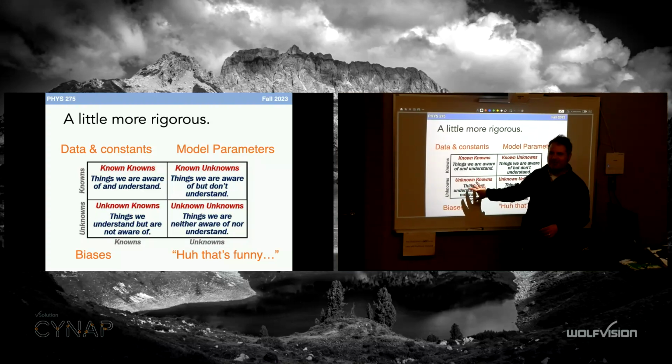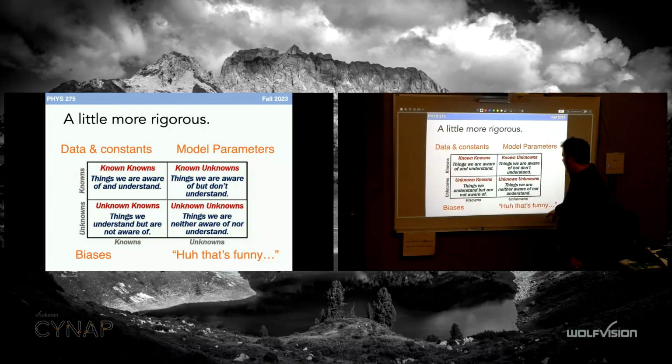This is how I sort of start that one. Like, a bloke in the pub told me. Yeah, no verification. Everyone knows. This is where the biases stick. We know this. Actually, we don't. And the unknown unknowns, things that we are neither aware of nor understand. That's funny, right? Often there's something interesting there, but it also happens to mean that your model gets messed up by unknown unknowns.